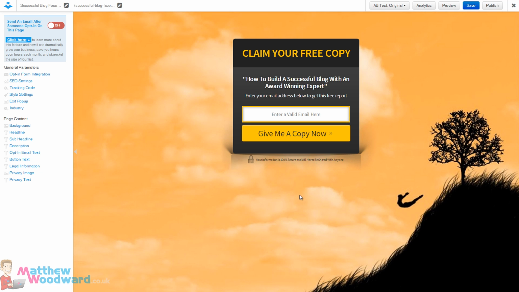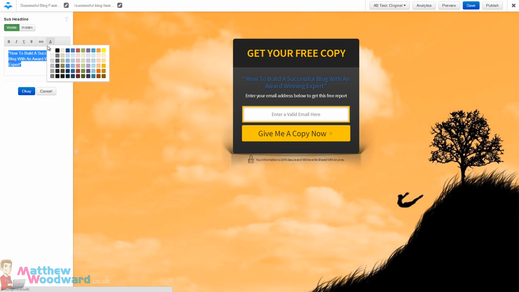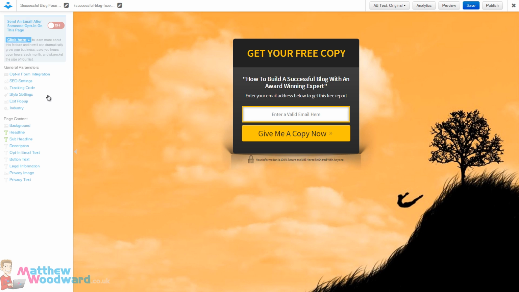pages. So this is one of the ones I used in my campaign, and it's really easy to change things. It's just a text editor. You can just change that to get your free copy. Clicking on that, you can change the words here. You can perhaps make it italic or underline it, change the color, etc. Whatever you want to do, and it's all this very easy what you see is what you get interface, and